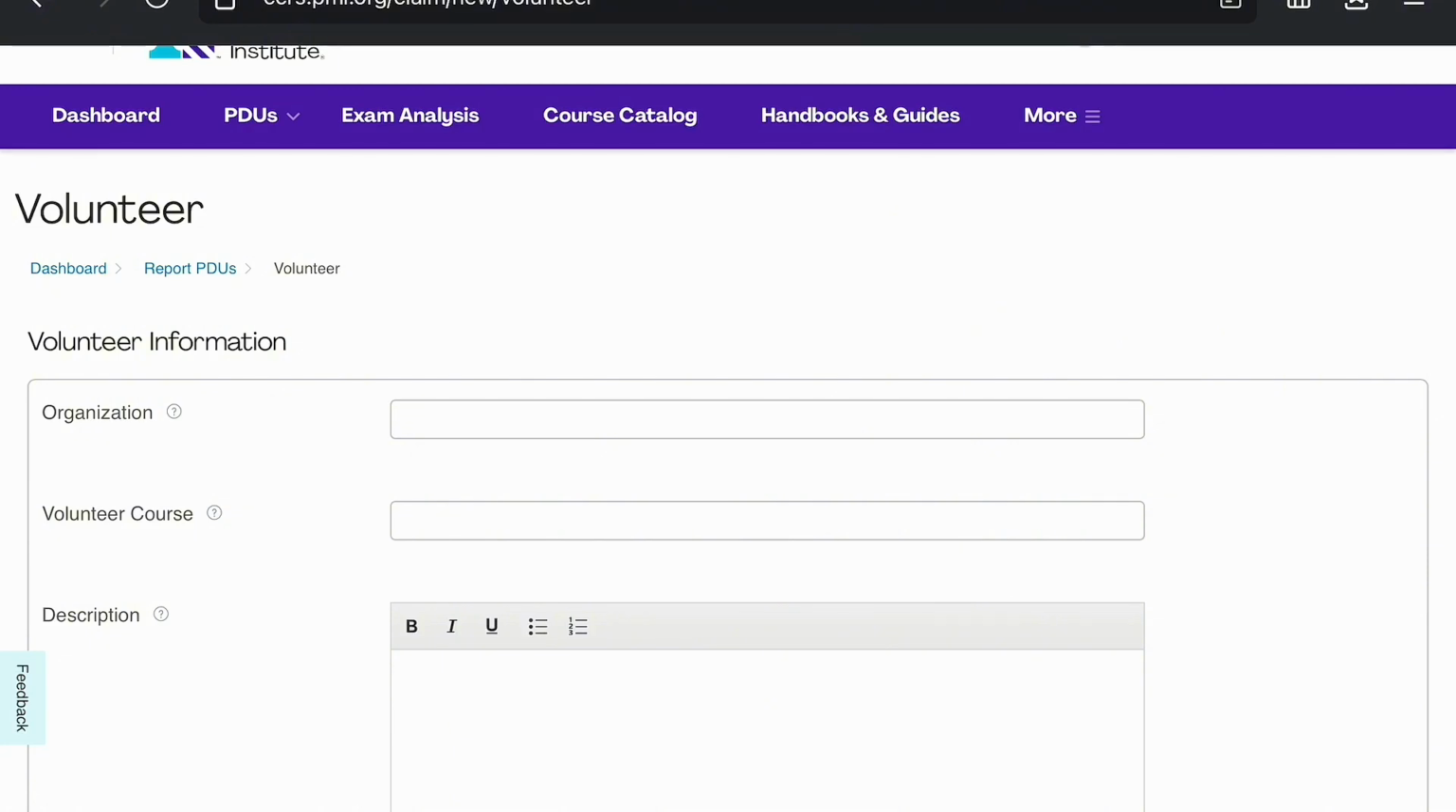So you could decide to volunteer for PMI or volunteer for any other community activities within you that are related in any way to project management. You could come to request for PDU, whether you volunteered for PMI or for any other organization out there. So you just need to provide the name of the organization, the volunteer cause,